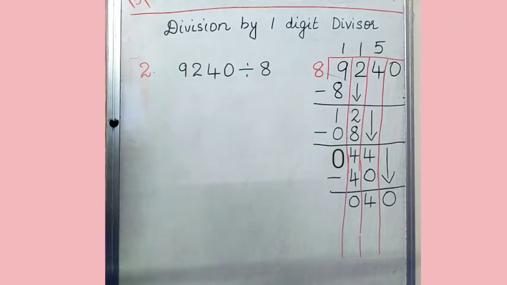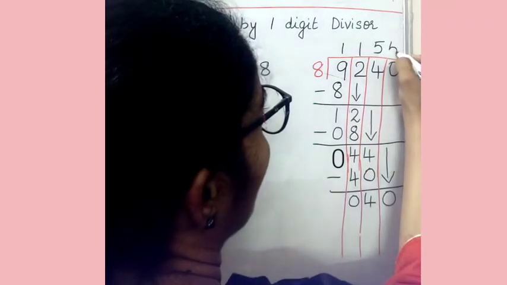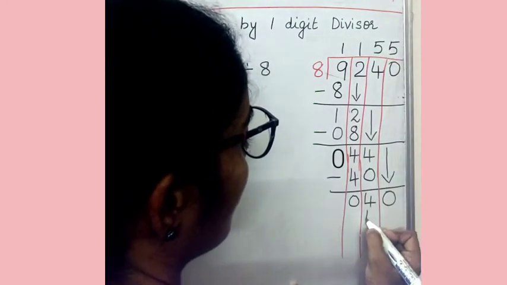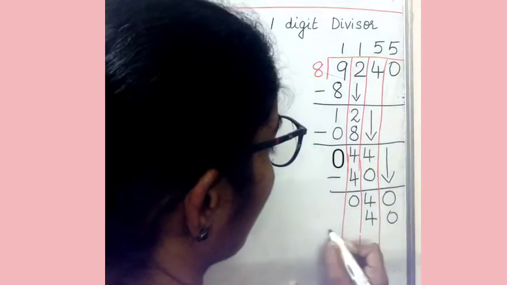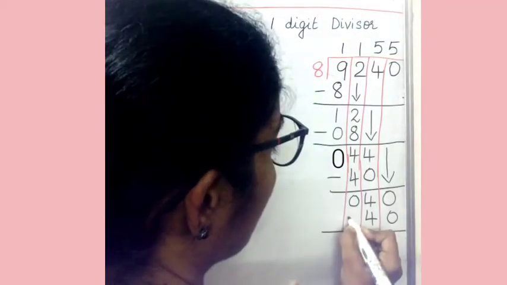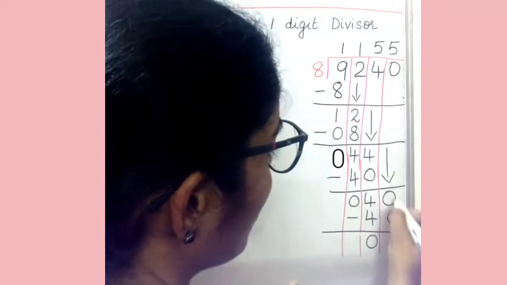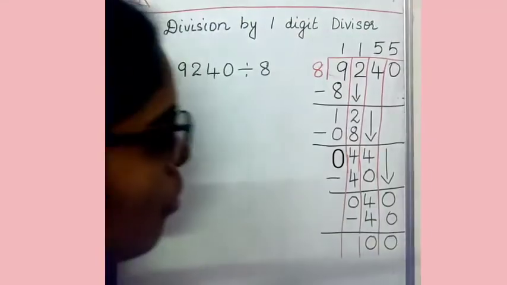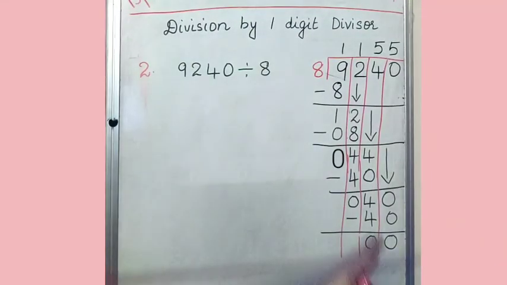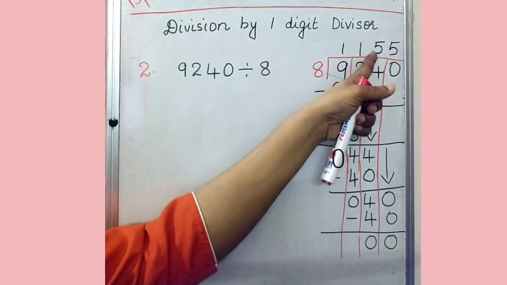40 is a multiple of 8. We know that 8 5s are 40. I write 5 here, 40 here. Draw a line. Put the symbol of subtraction. 4 minus 4, 0. 0 minus 0, 0. We got remainder 0 and quotient